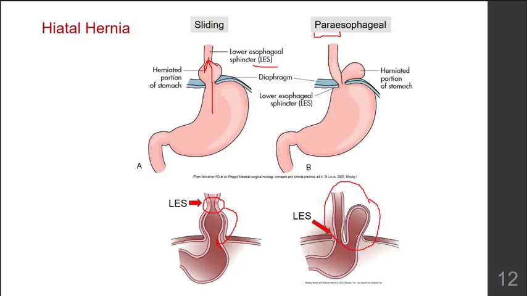Now, reflux here is uncommon. Why? Well, look at where the location is of the lower esophageal sphincter. It's remaining below. And because of that, it can usually hold on to its normal tone. But the major problem here, and why this is even more problematic, is because the herniated part of the stomach can end up becoming congested, and ulcers can form. It can become strangulated. So that is something that needs to be corrected. Otherwise, the tissue can become necrotic. So I want you to really make sure that you're aware of the location of the gastroesophageal junction, or